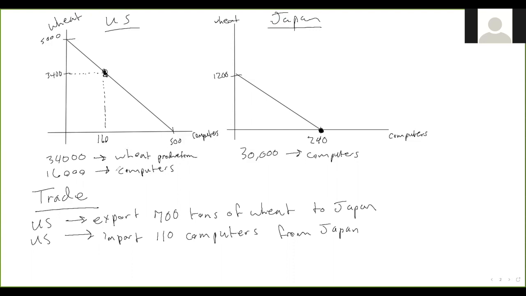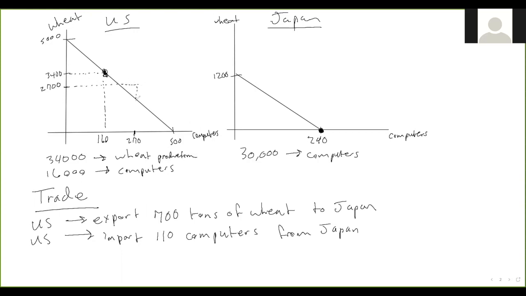So the US gains 110 computers. So they've got 270 computers, and they gave up 700 tons of wheat. So they're now at 2,700 tons of wheat and 270 computers,